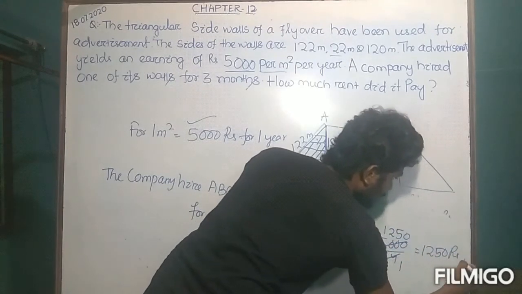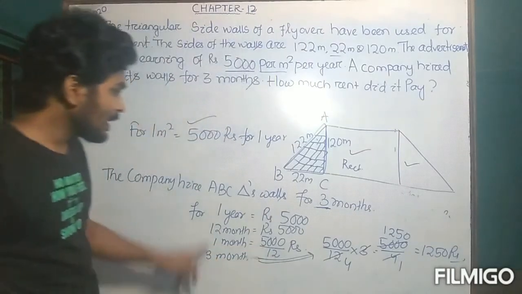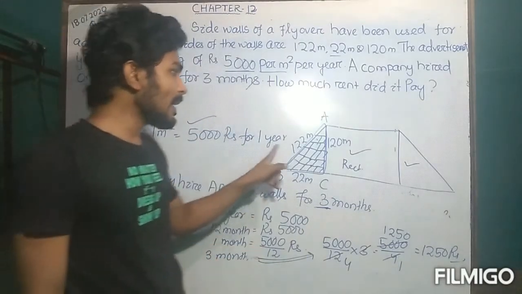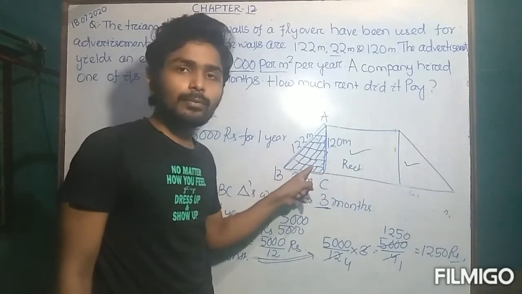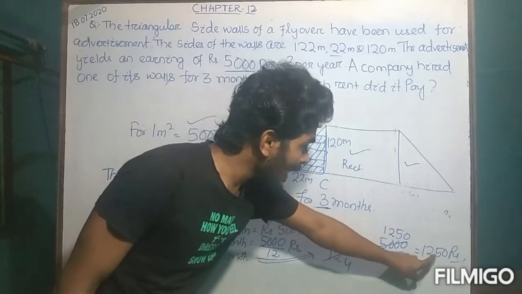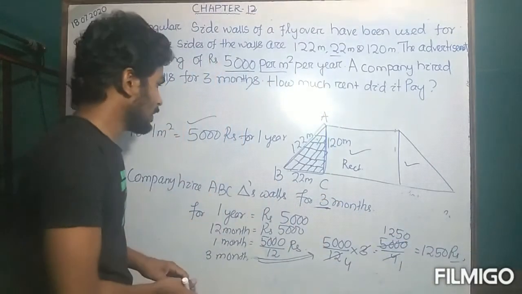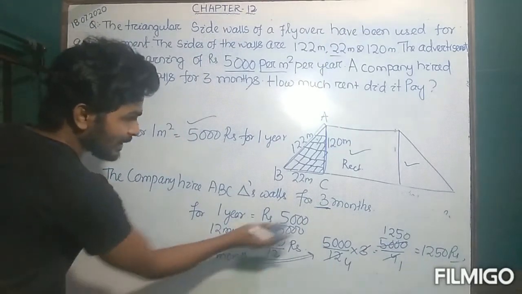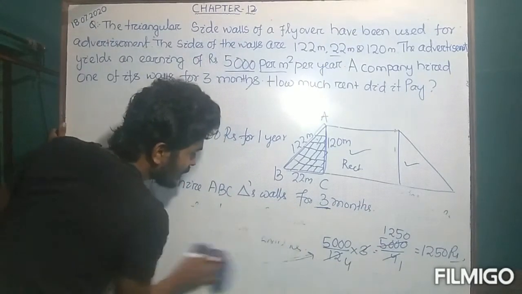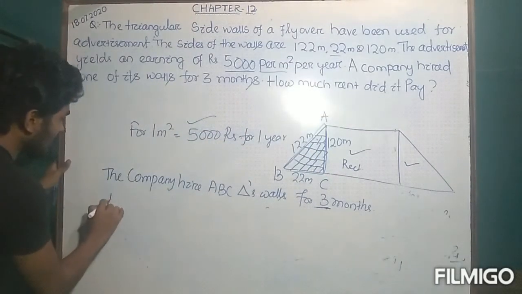1,250 rupees. Clear now? So here we concluded that the company which has this triangular flyover bridge wall has to pay 1,250 rupees for 3 months. Okay, so I am writing this. Is it clear now? So you can write the company